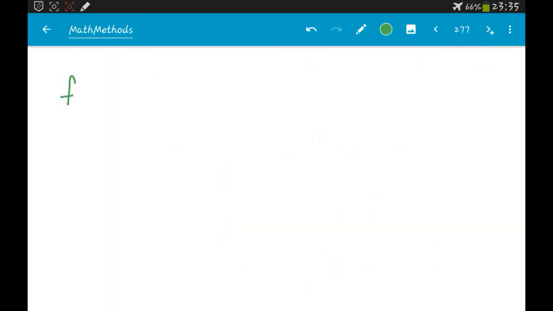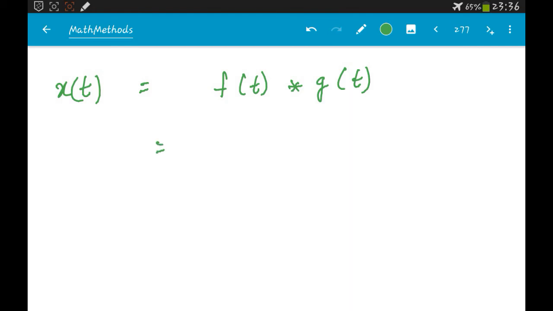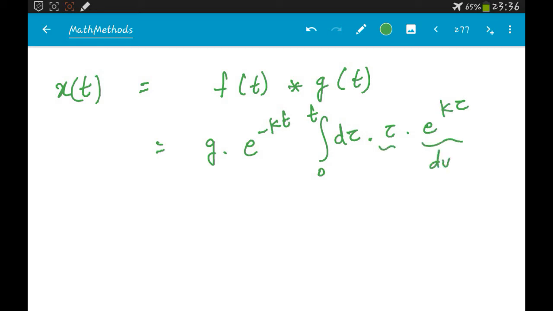So finally your x of t is nothing but f of t star g of t, which is g into e power minus kt into 0 to t d tau tau e power k tau. So this is dv, this is u, this is du, this is v. Okay, and all you have to do is you have to do integration by parts. So you will get,